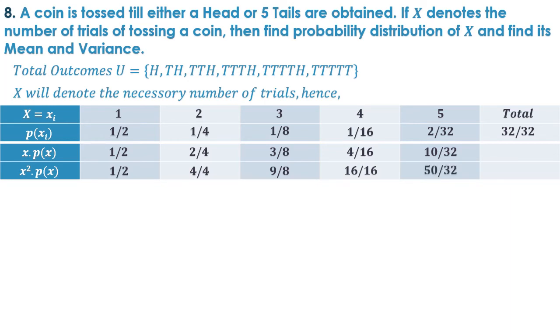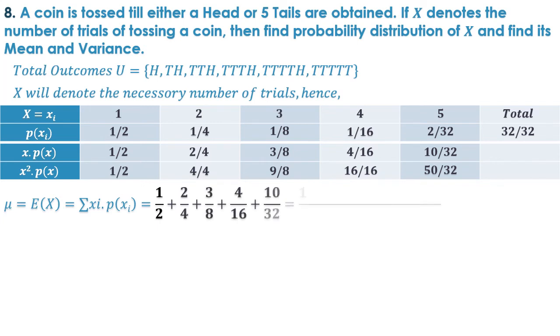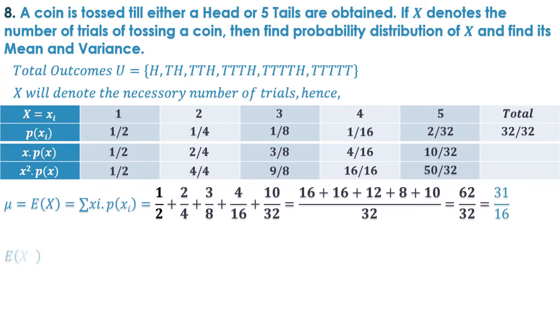Okay, now in one of my previous tutorials I explained how to calculate mean and variance. We will repeat the same thing. Mu is expectation of x. I am adding all the xpx column values here. The LCM will be 32 as you can see. So I am converting all the values according to the LCM of 32. I don't think it is something new. You guys are in 12, so you already know how the LCM method works. When I add all these things, I get 62 upon 32 and I will divide it with 2. So 31 upon 16 are the expected number of tosses, or you can just say the mean of the distribution, 31 upon 16.